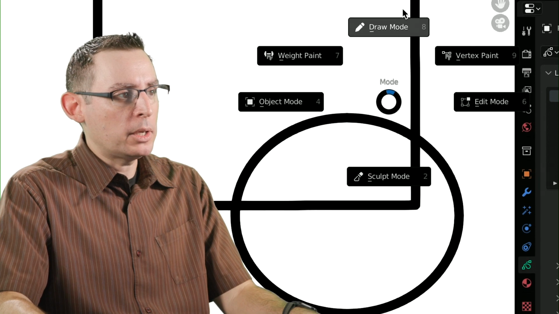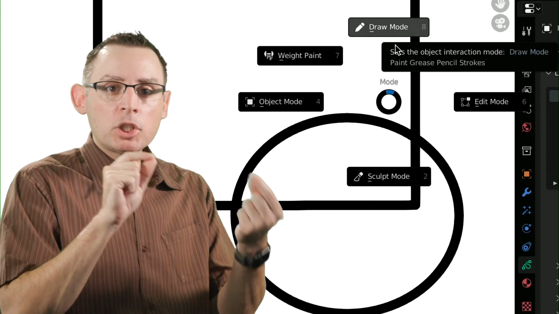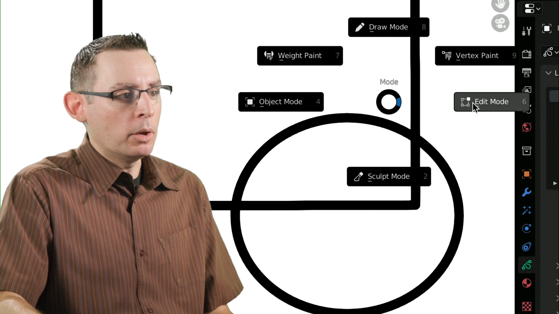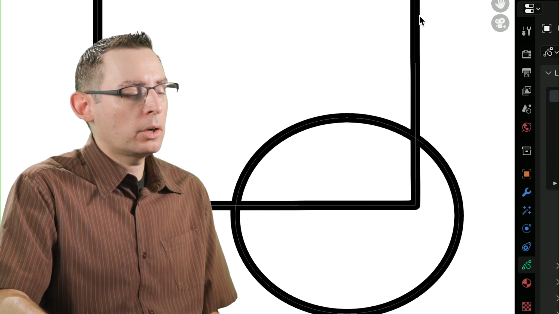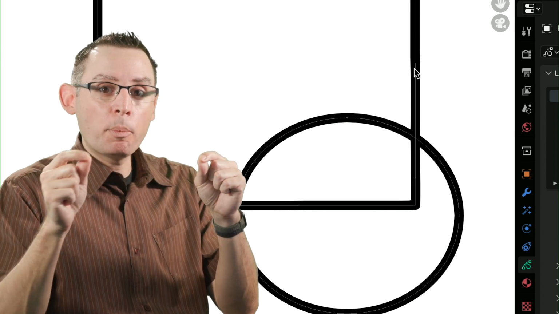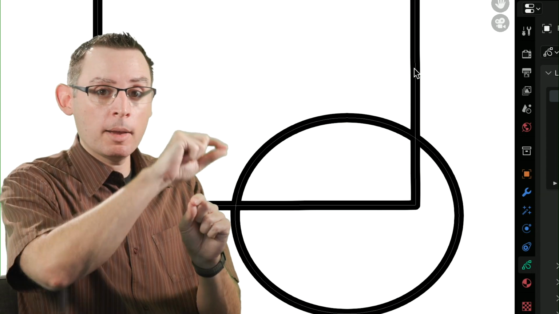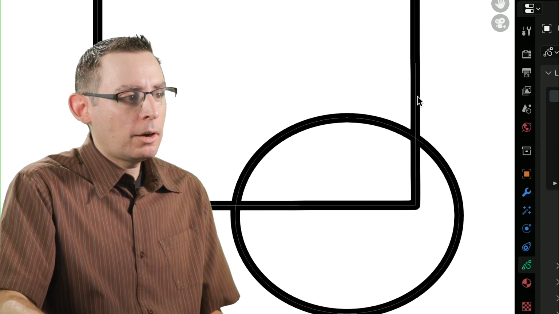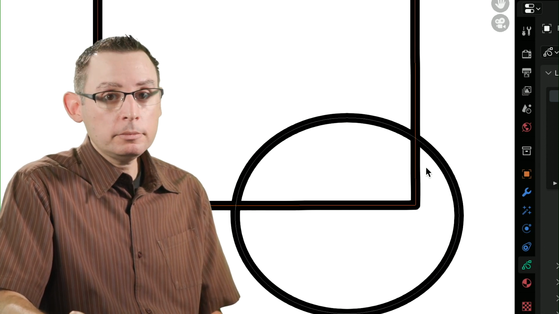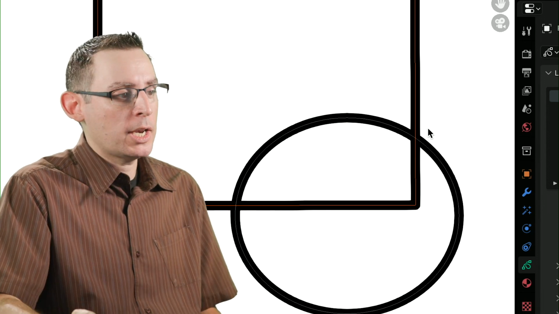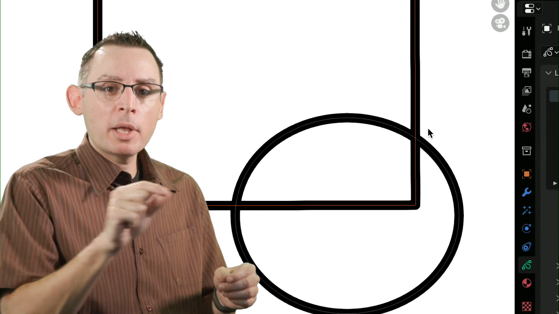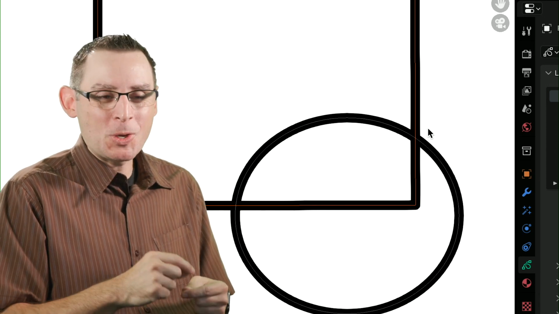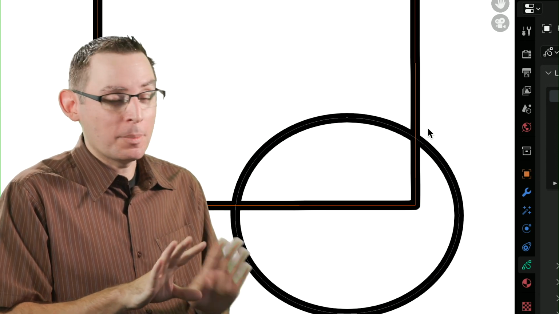And what this is allowing me to do is to interactively change the mode underneath my cursor. So I'm going to go into edit mode. Boink. And what we're going to see here on the screen are all the individual paths that are being used to describe the outlines of our strokes. These simple little gray lines here are the paths that determine our shapes. These are the paths that were created. At the core of the grease pencil drawing engine is a path-based vector drawing system, and it's pretty cool.